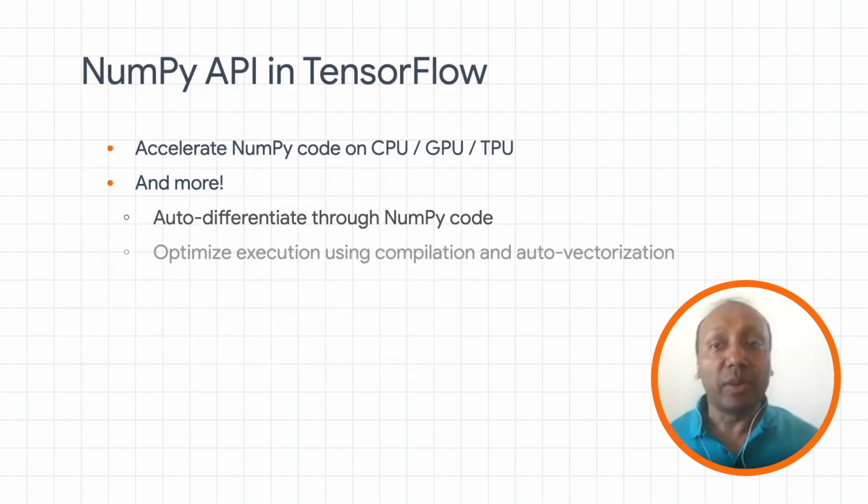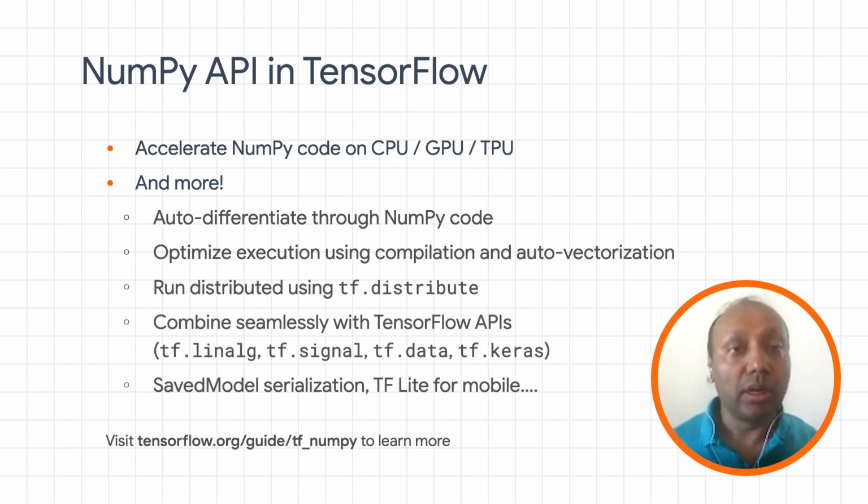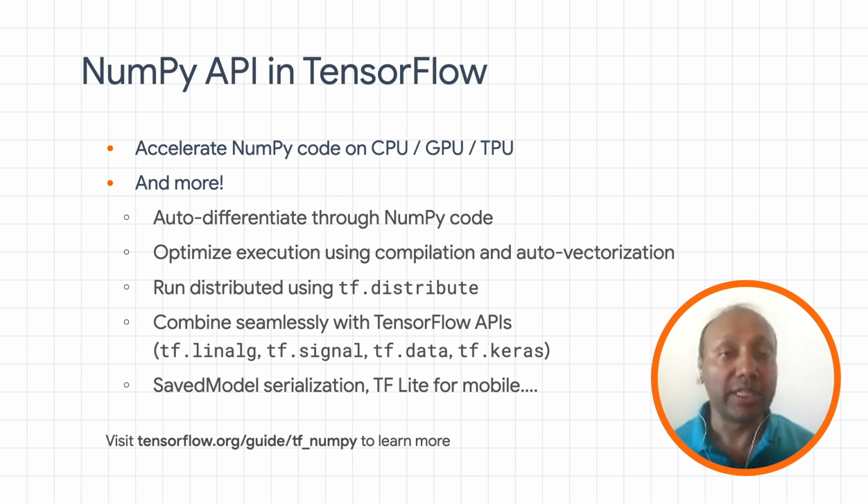So a very high-level summary is that you can take your NumPy code and dispatch it to the TensorFlow runtime, allowing your code to run faster and also leverage accelerators like GPUs and TPUs. On top of that, you get all the benefits of the TensorFlow ecosystem. This includes auto differentiation, compiler optimizations like operator fusion and loop auto vectorization, and also distributed execution onto clusters and pods of accelerators. You can also use the TensorFlow API seamlessly.